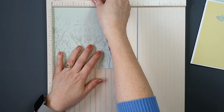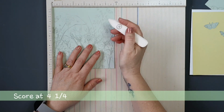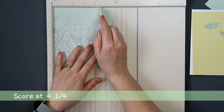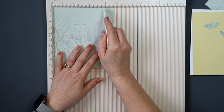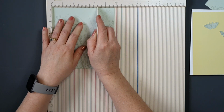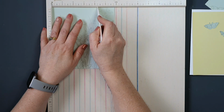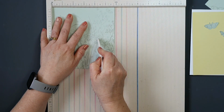Okay, so rather than cutting off the excess on our pattern paper, I'm going to score it. I'm going to fold it underneath because this is only one-sided pattern paper. So I'm scoring it here at 4 1/4. So I'll just notch back to 4 1/4 and do my score line there. And by doing this and folding the pattern paper back, I can glue that into place, and then it gives the appearance of double-sided paper, and it'll actually have a continuity of the patterned paper that's on the front to